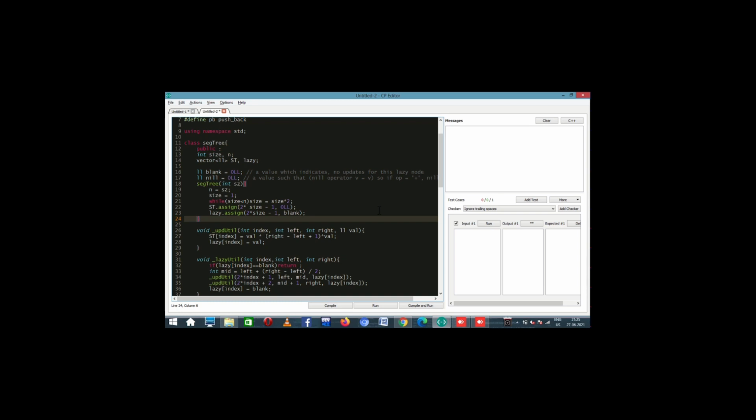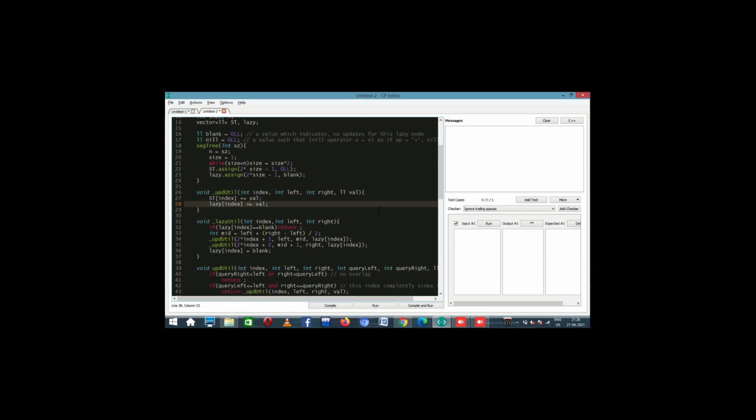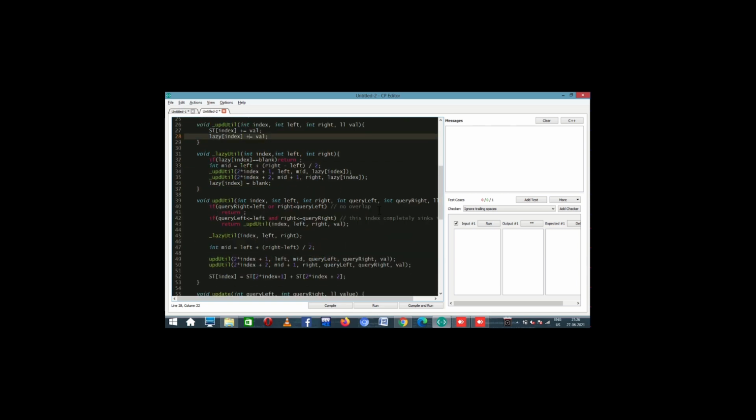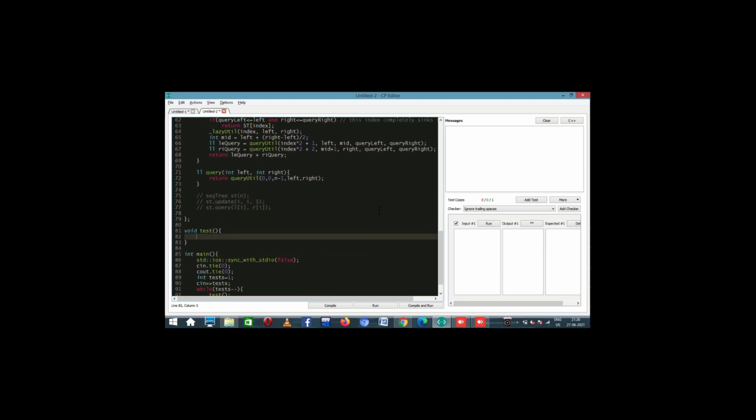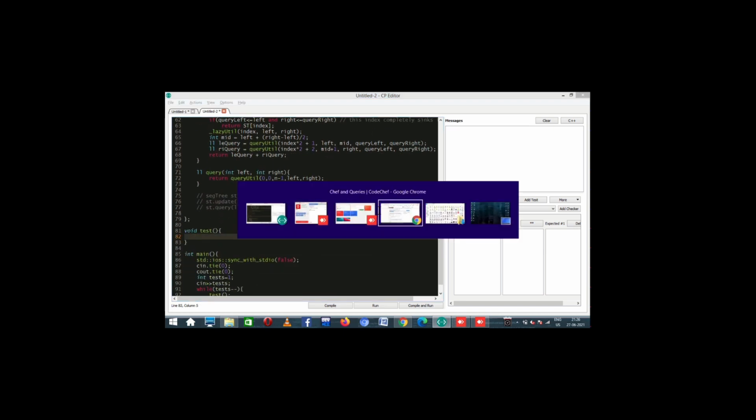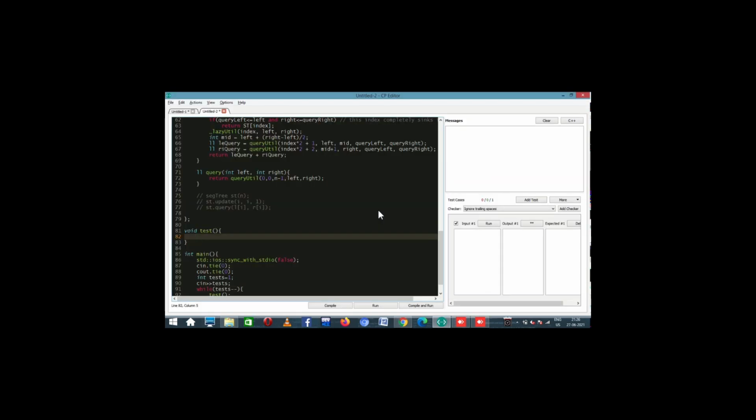the current problem. Currently I want seg tree plus is equal to L, lazy plus is equal to L, and I think that's it. No other changes required. That should be good with the segment tree. Now we will go to the problem. Over here we say LL N Q, so we can keep N and Q.